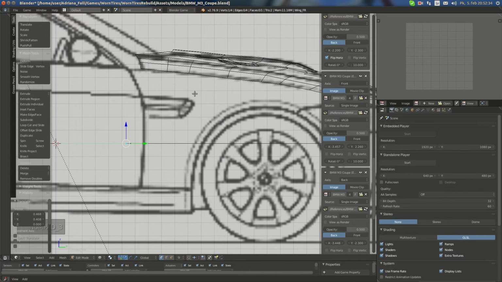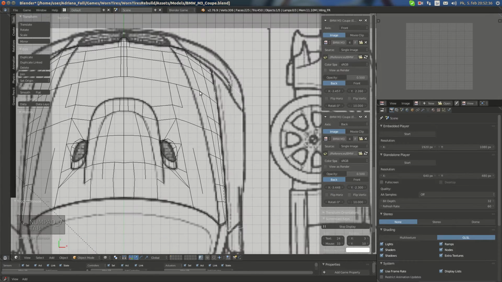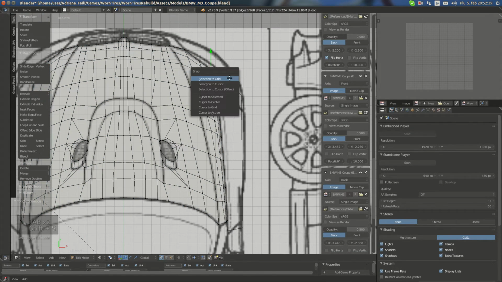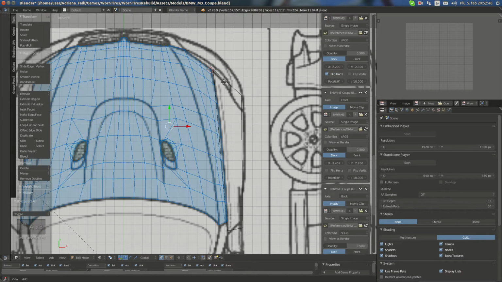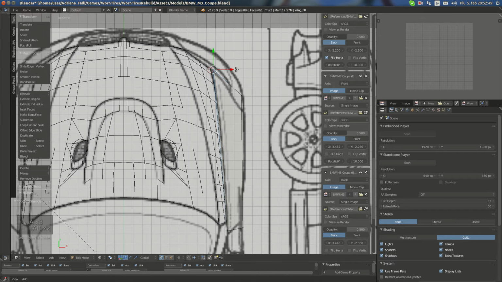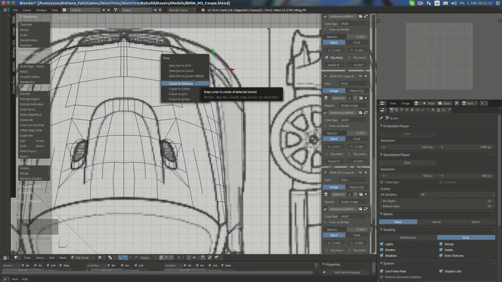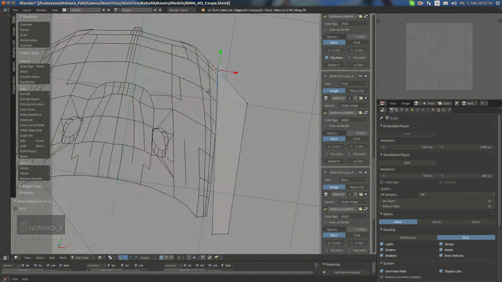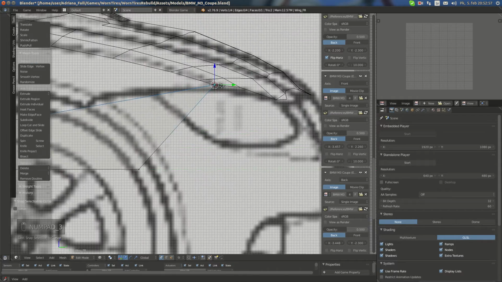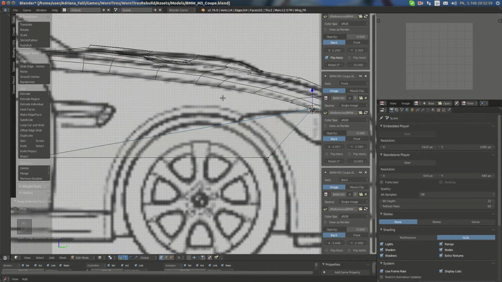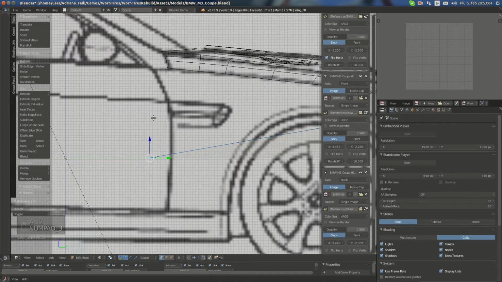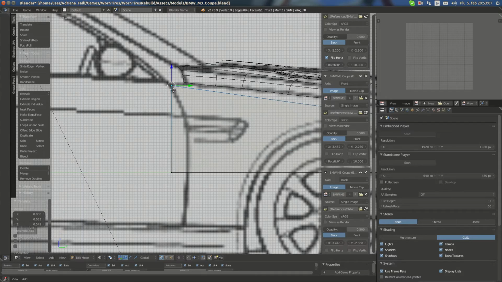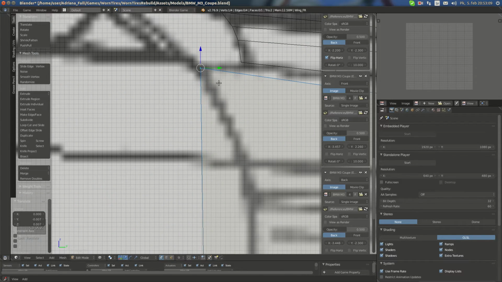Now let's start off by going in this model and selecting this corner vertex and pressing Shift S and then cursor to selected. Then go to this model, select this vertex and press Shift S and then selection to cursor. Now if you go in side view you can see it's perfectly aligned to that vertex, which is what we want. Now I'm gonna select this vertex and here I can't align it to anything, so I'm gonna just place it in the side view,